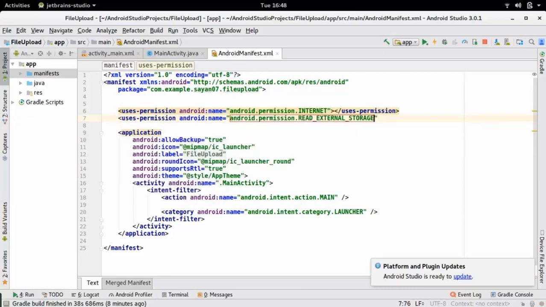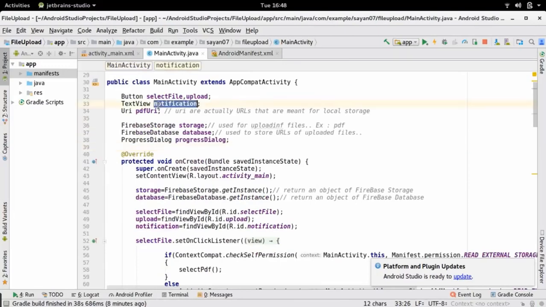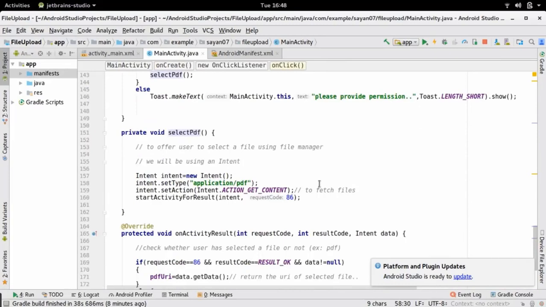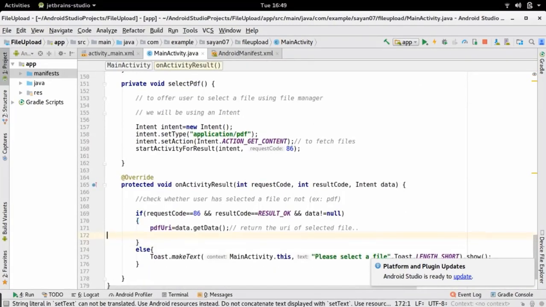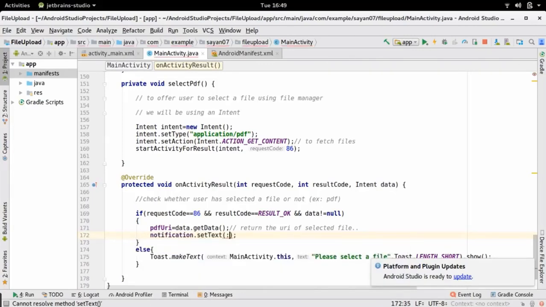And I forgot to do another thing, that is we forgot to manage this text view, right? So let's do that. Here, when the user successfully selects a file, we need to set the text of the notification as a file is selected, and you need to provide the name of the file.